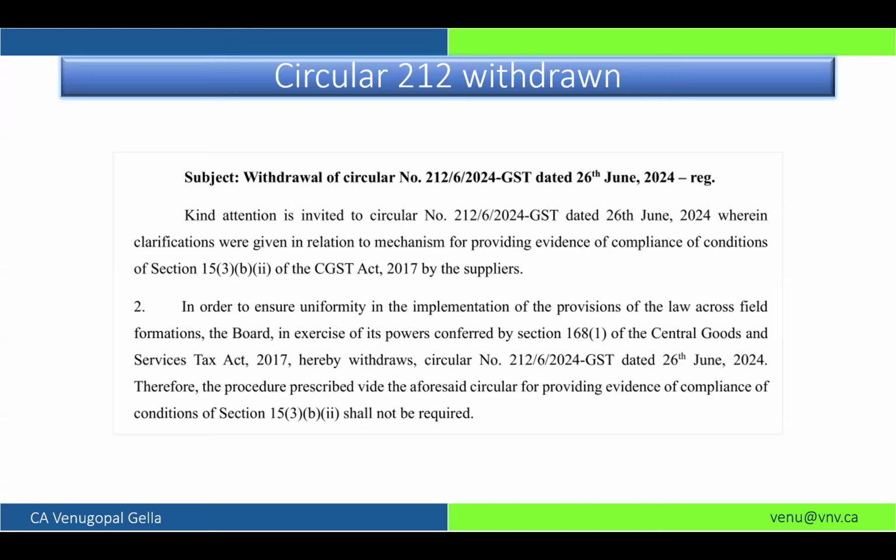What happens if I rejected by mistake? Mistakes happen, right? Once I reject, it goes back to you as a supplier. Now, how will you amend? What is there to amend? You will amend that record again. So I, as a recipient, should request you saying that I made an error, please amend. The moment you amend, the record gets opened.